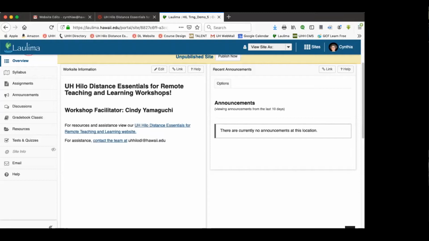So first thing I'd like to do is just make sure that you're all logged into Laulima. The other thing we want to realize is that when you get a brand new, I call it vanilla version of Laulima, it comes with a set of default tools. And one of those tools is discussion and private messages. So you should already have that tool in your course menu on the left-hand side. So I would like you to go ahead and click on that. And we're going to